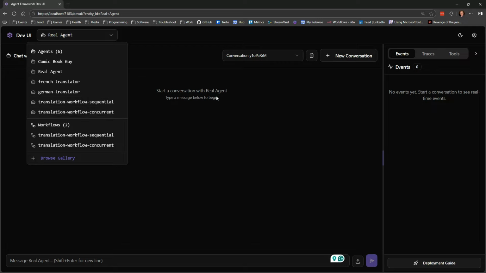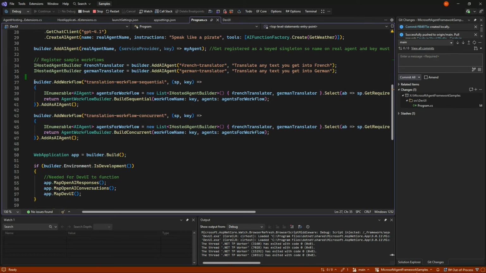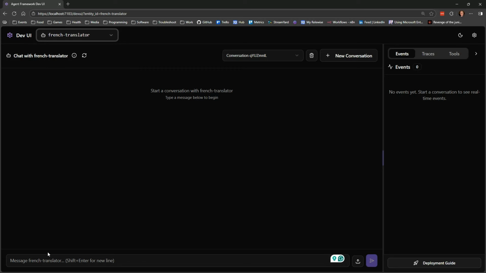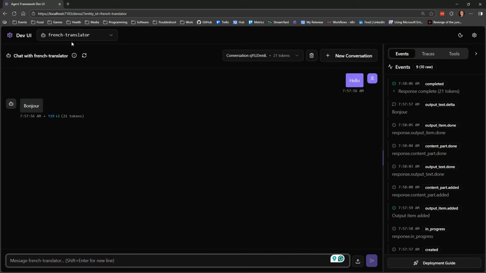And we can't get rid of these. The reason they're there is that whenever we do the workflow, we need to say as AI agents, because if we don't do that, Dev UI would not work. When I was making this demo, I was trying to get rid of them here, but apparently I can't see how to get rid of them, because I only want to see them in the workflows. But these are very simple and just underlying features. So if I say hello, it answers back in French and so on.